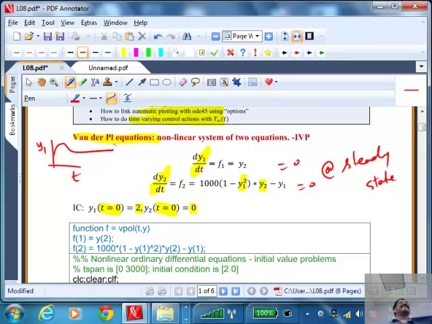It will never work. Okay, so that may be part of the next assignment where I will ask you to use fsolve to find the steady state, and you should know when fsolve doesn't work, why doesn't it work? Is it because there is no steady state solution for that problem, which can happen, or is it because you have a poor initial guess? Okay, so that it doesn't converge.